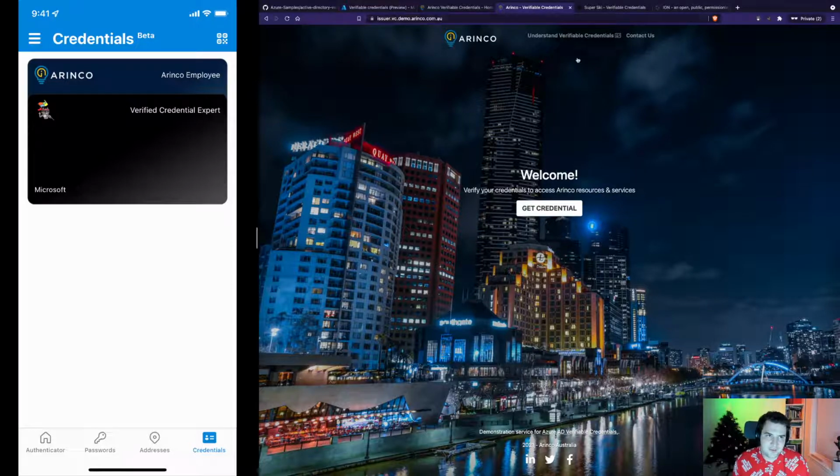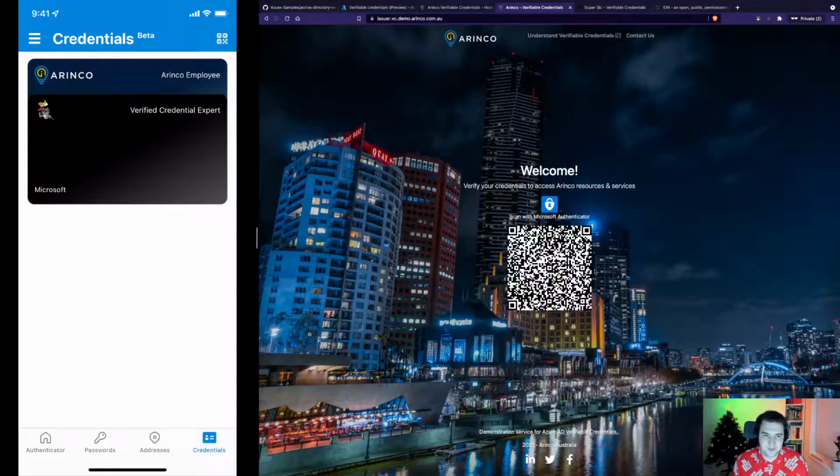So if I navigate to this website, I've got some standard information, but I can click here and say get credential. And what you'll see there is I get presented with a QR code. I can mouse over the QR code generally and get a nice little actual link that QR code is going to, but I don't really care about that for here.